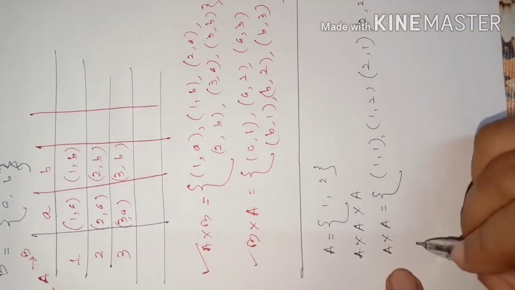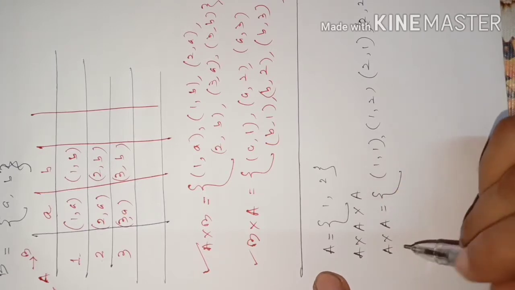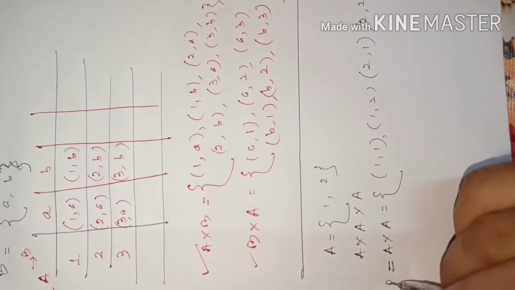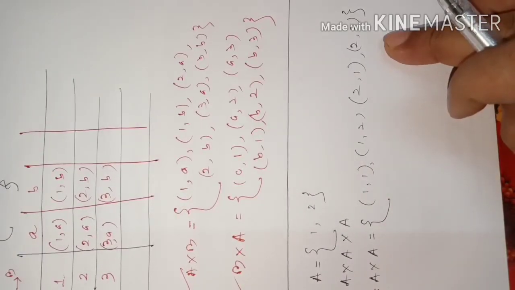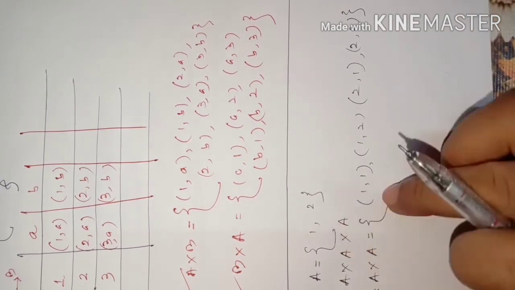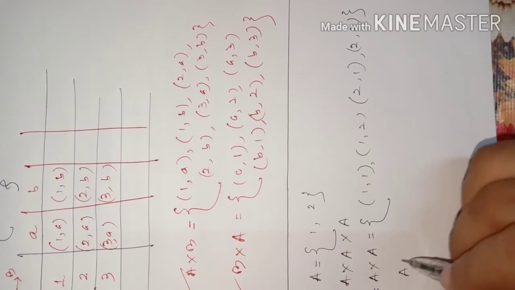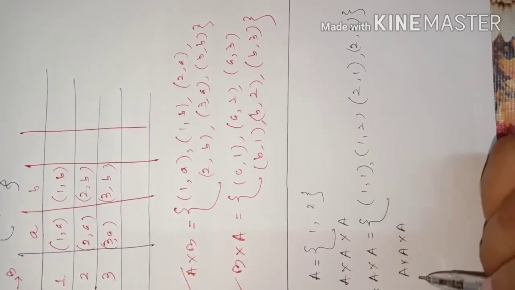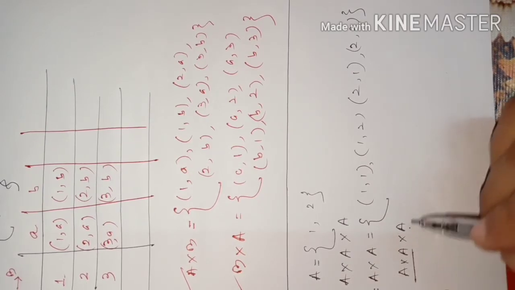With this, again you combine this A, means you take the Cartesian product. A cross A you think of as another set, say B. This you can think of as one set B. Then this set and this set, their Cartesian product you take. So A cross A think of as one set, then another set A, their Cartesian product.